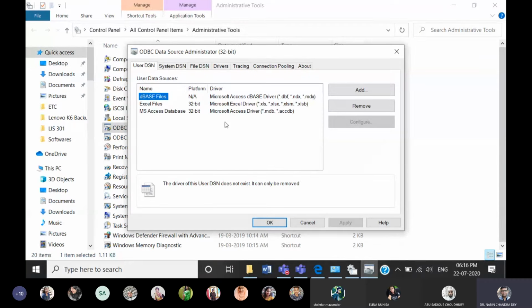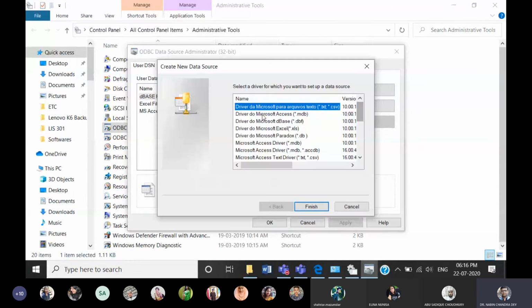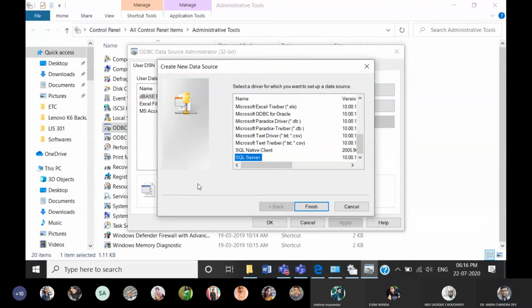See, MS Access is already installed, that's why it is showing MS Access database. So I click on add here. After add, one window will come up. You go to the drop down, just go to the end. You see SQL Server. Can you see it? Yes, sir. See, without doing this step, if you click on the Sol icon, it will not work. If you miss any of these steps, it will not work. Be very sure about it. I am telling you, so be serious about this. Look at it very carefully, and you get the video also.